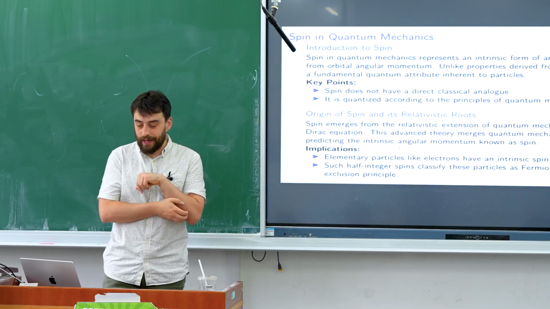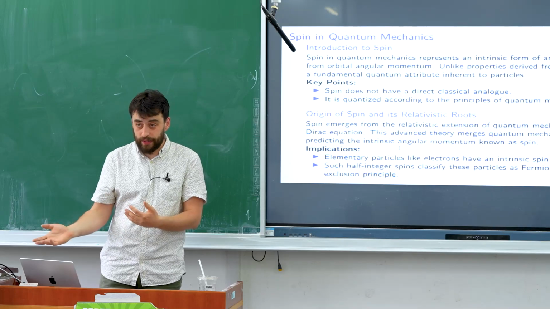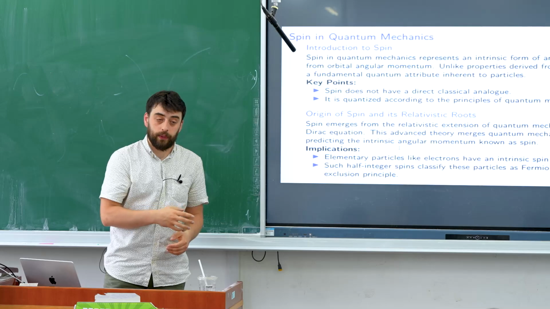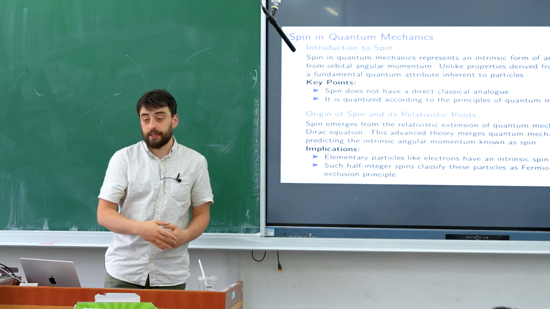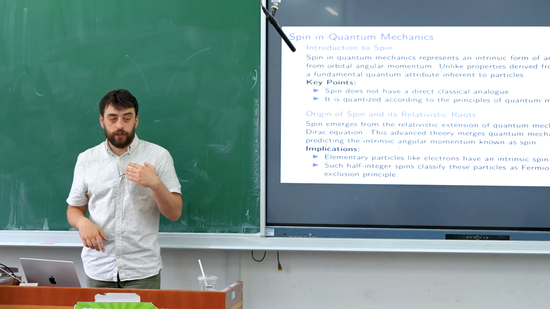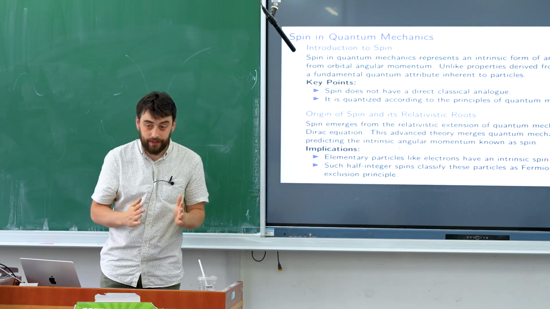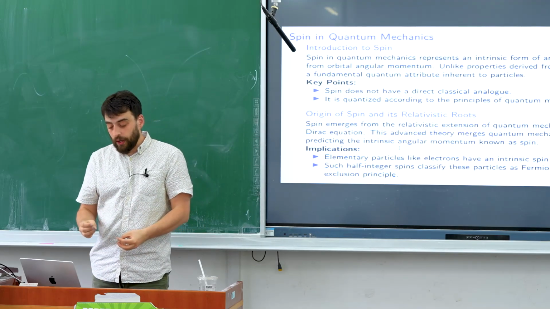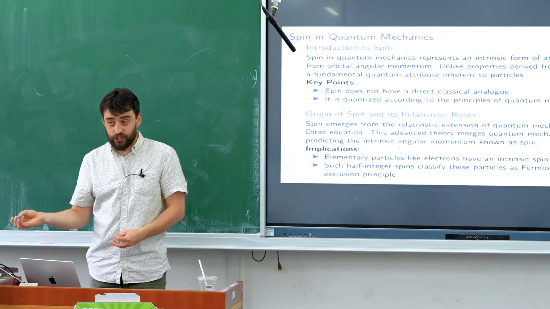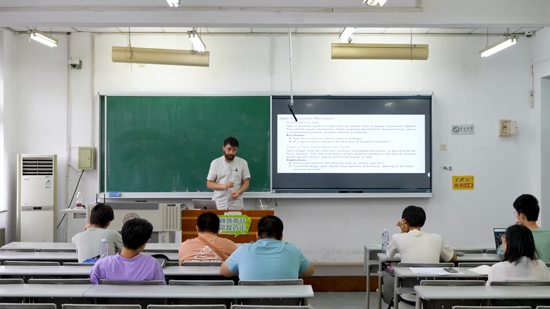We're just going to say spin exists, and once you know spin exists from solving the Dirac equation, then what you can say is, this particle has a spin index, say it has an up spin or a down spin, and we're just going to apply that. We're just going to say that particle has this spin. Just because spin comes from relativistic quantum mechanics doesn't mean that spin cannot be applied in non-relativistic quantum mechanics.